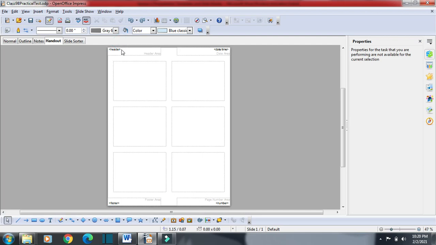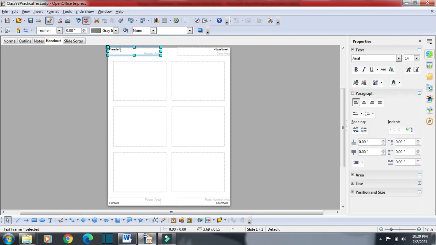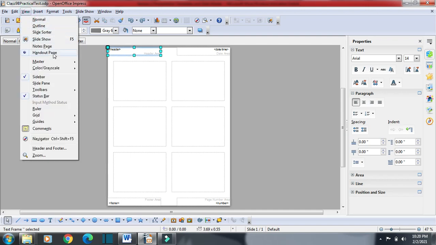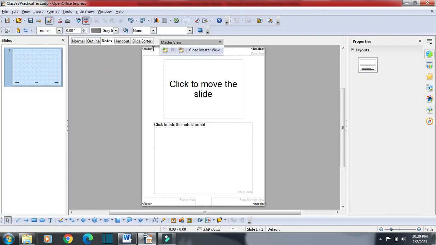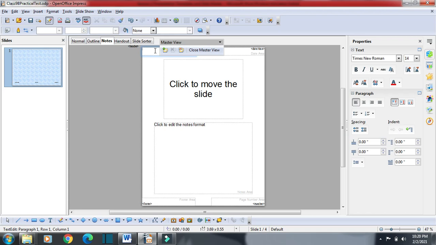We have header here. We can change the header from here, or we have header for notes master. Here you can see we have the header. We can change the header from here, but we don't have header for slide master.